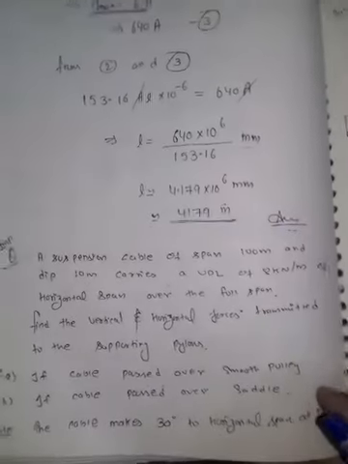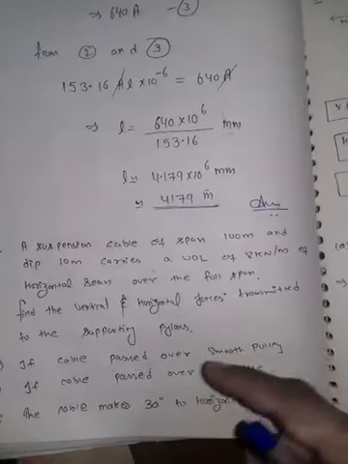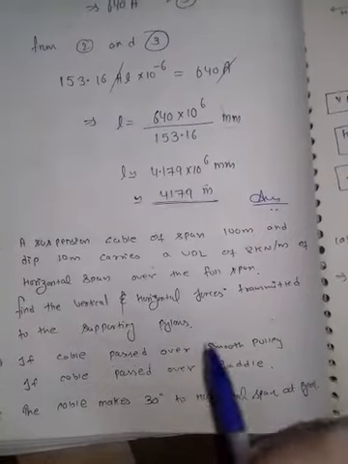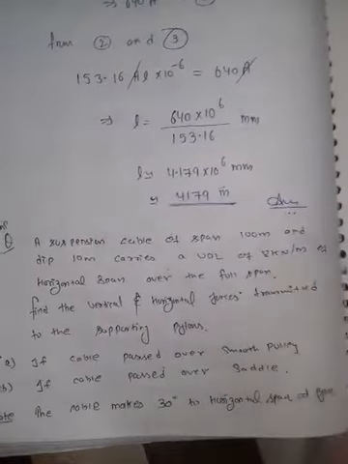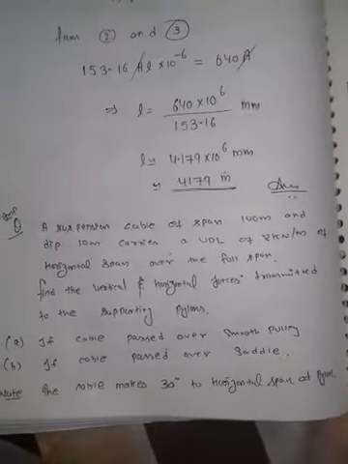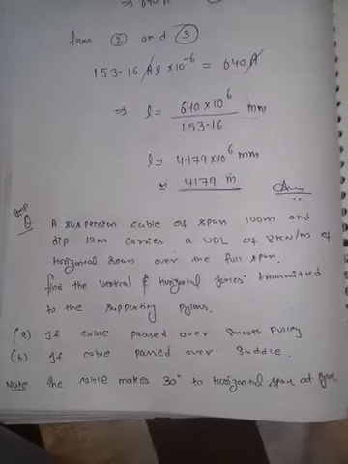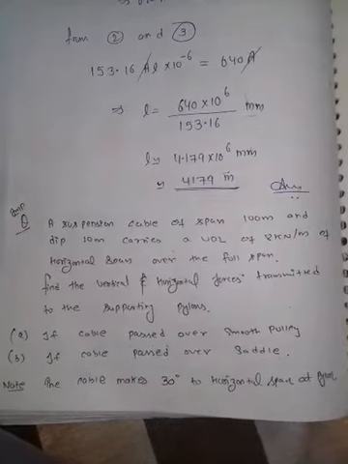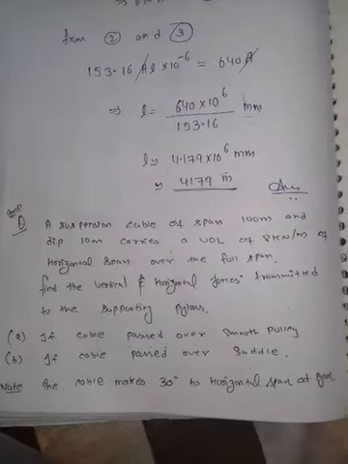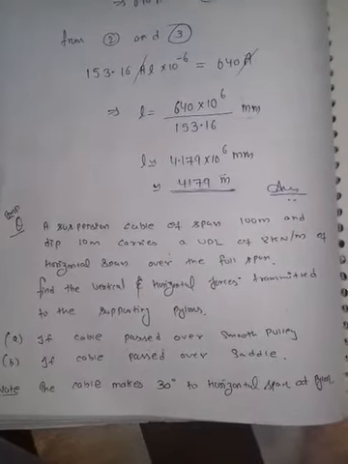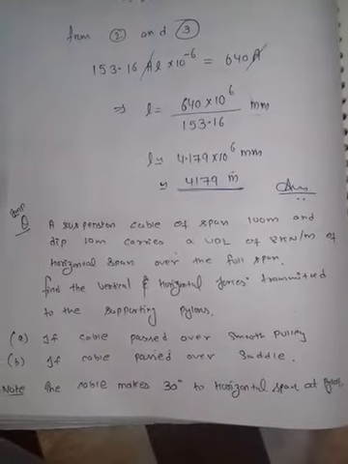This is about the different cases in which we calculated the vertical and the horizontal forces, if the cable is passed over the smooth pulley and if the cable is passed over the saddle. You can note down the numerical from here. In the next class we will take one more important numerical based on the effect of change in temperature stresses in the suspension cable.